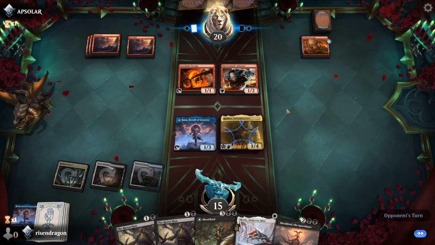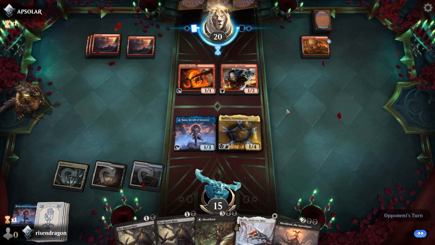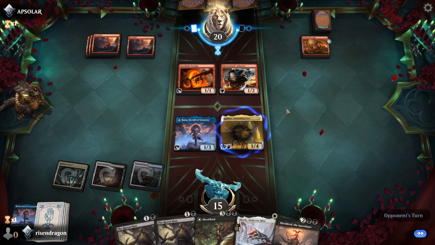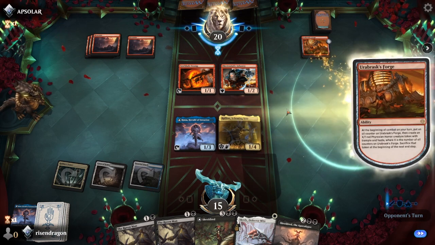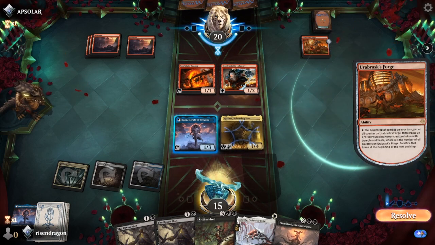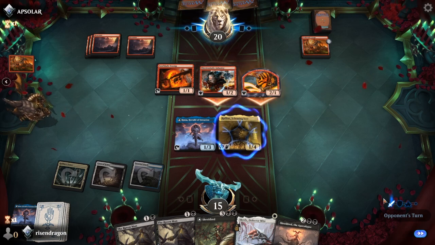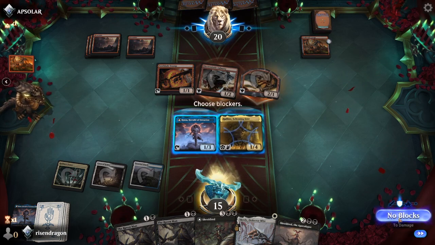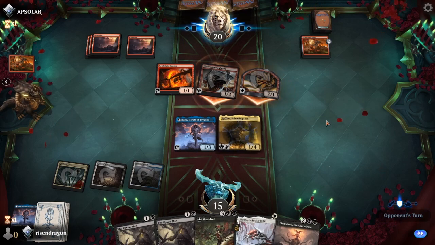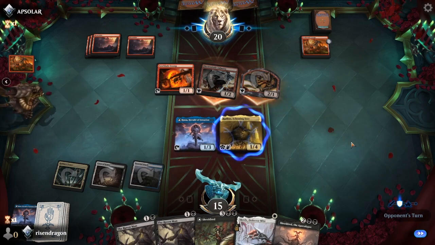Speaking of seeing what happens, does AP Solar decide to give us a play here? What do we do? Okay. I'm wondering if they've got something up their sleeve here. So I'm just going to let it go. Because more than likely what they'll try to do is they're hoping that I block...